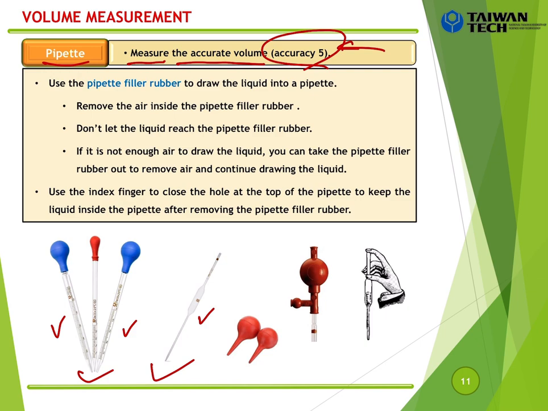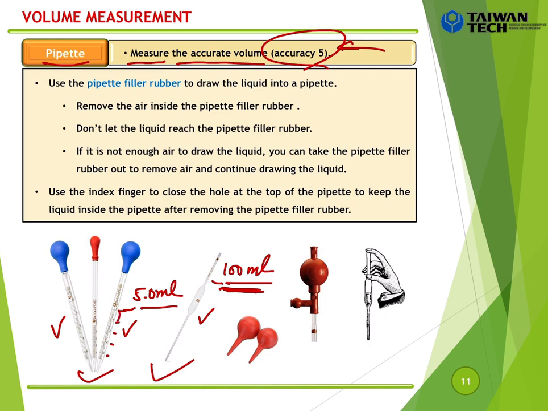The first one, you can see the total volume, and you also have the level. And the second one, we have only one value. So for this one, maybe 100 milliliter. It means that you can only use this one to take 100 milliliter of the water. But for this one, maybe 5 milliliter, but you also can make the measurement